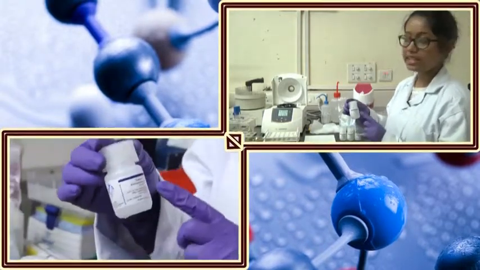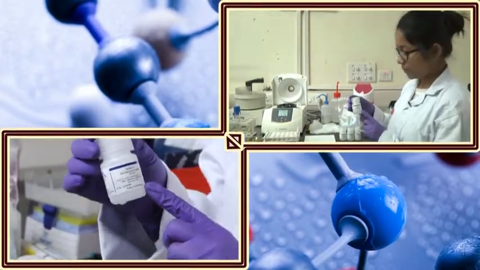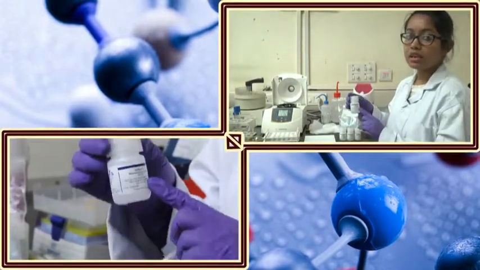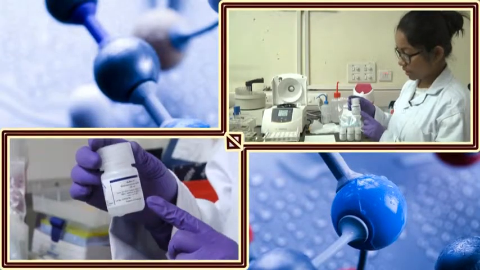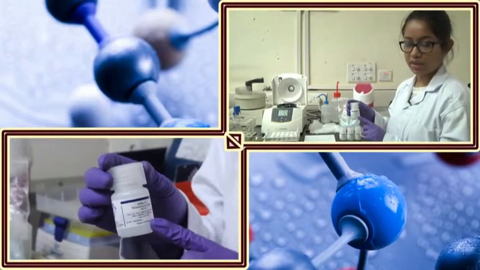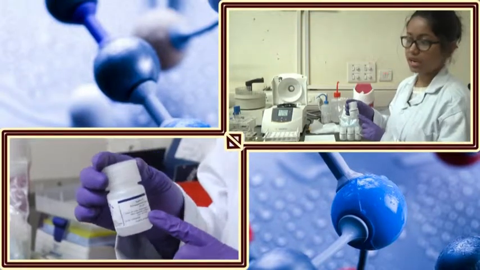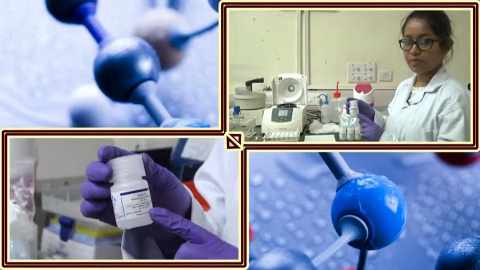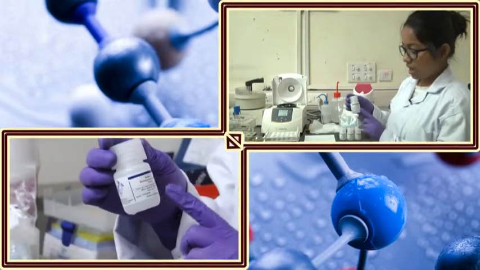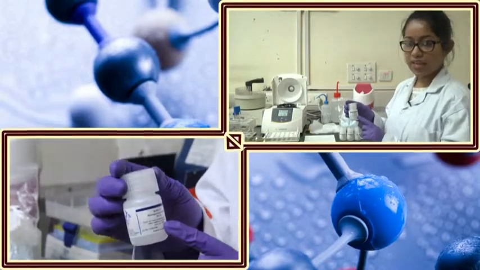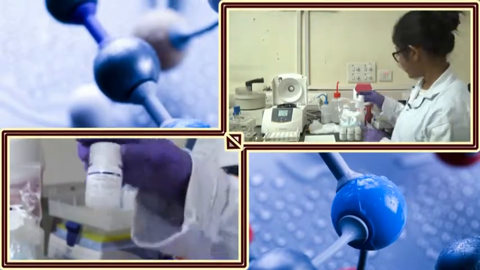So, for that the EDTA is there in the resuspension buffer. It also contains RNAs. Since we are isolating DNA and we want to take only the DNA part, there might be some contaminant from the RNA part. So, we degrade those RNA using an RNase A. So, this resuspension buffer contains a buffering agent which is Tris, EDTA which will chelate down the divalent ions, and RNase A which will kill the RNA.